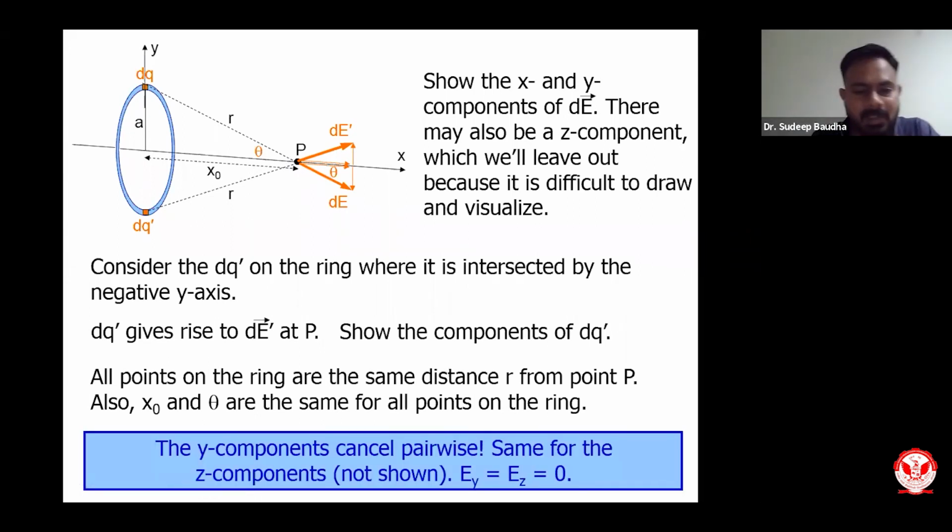Now, the y component will cancel pairwise. If I take pairs across this geometry, all the y components will vanish, and even though I am not showing the z component, if you see the discretization pairwise, and you can do it sometimes by yourself, you will find out that the z component will also vanish in this case. So there will be no y component, there will be no z component. We will have only the x component for this case. So I hope now the calculations will be much simpler, because only one component is possible over here, that is the x component.